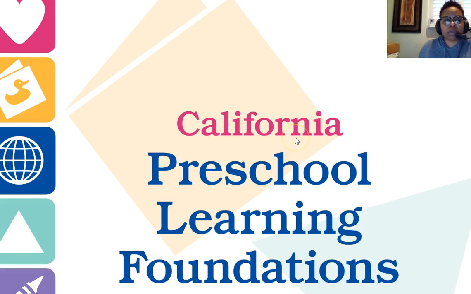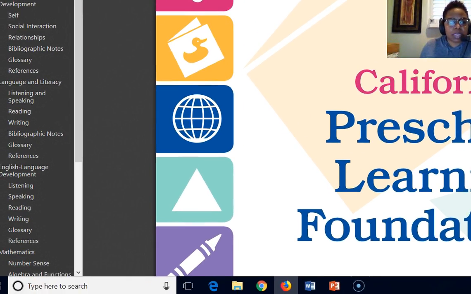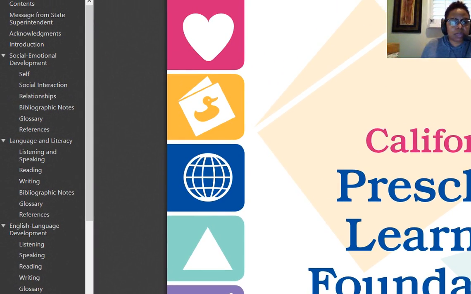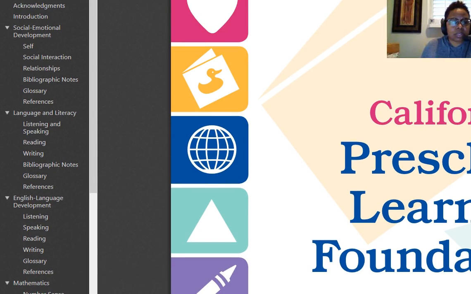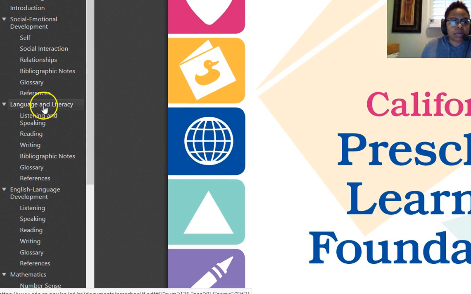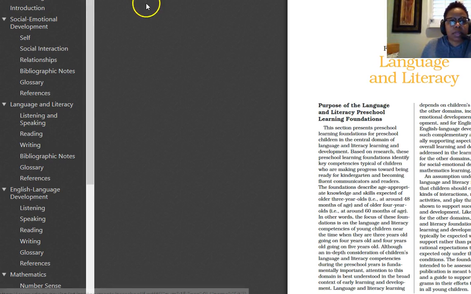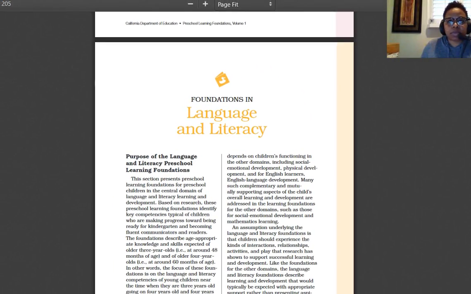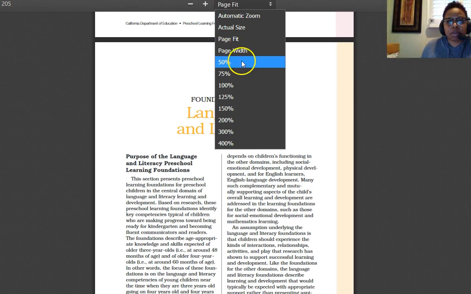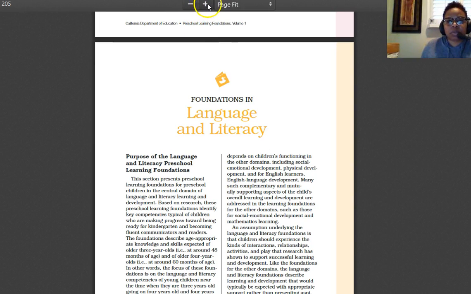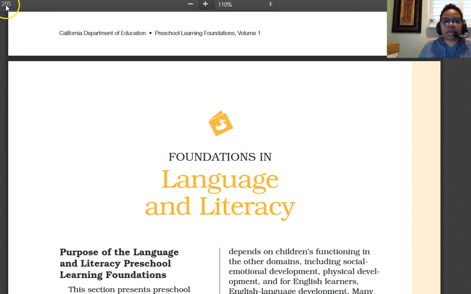So this is preschool learning foundations, and you can't see the whole page, so I'm going to just move this over so you can see. Okay, so this is the table of contents on the side, so you can click to language, and then here at the top of the page you can enlarge your page. Okay,